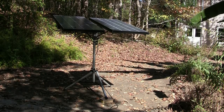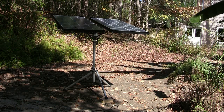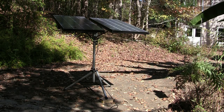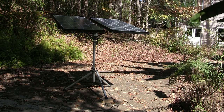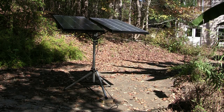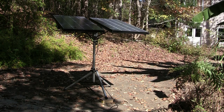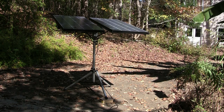Hello folks, I wanted to show you the somewhat portable solar system that I built. We recently moved and the power grid down here doesn't seem to be as stable as what I was used to, so I was looking for an alternative way to provide power during a blackout and didn't want to rely solely on a generator, because if I could get enough gas, and I'll go over all the math for that